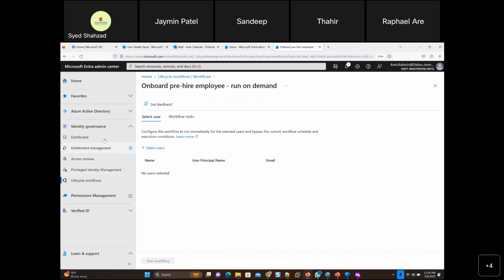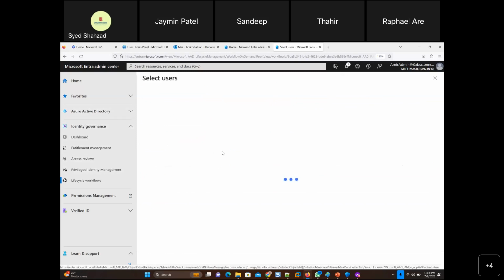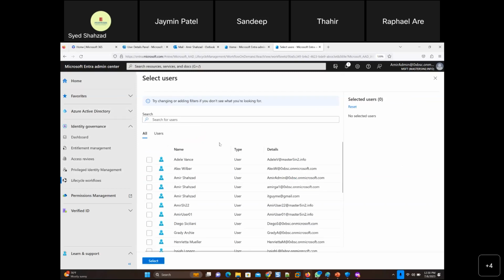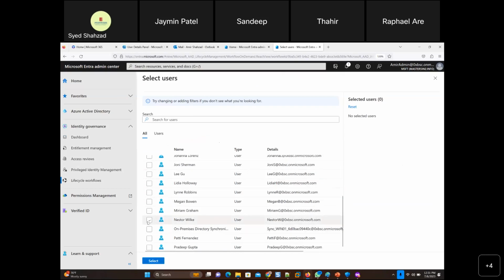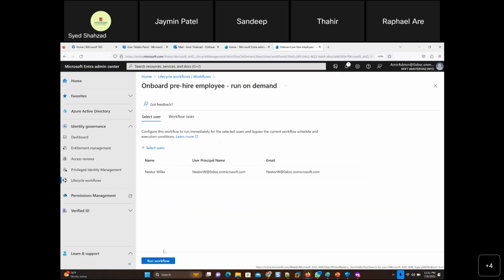So you have to first create that user by going to all users and creating a new user, right? When that user is created, you have to come here and select that user, because the actual person hasn't arrived yet. But his or her user account has to be created first and populated with all the settings. So when the employee actually arrives on the first day in the company, his or her user account would already be ready to use, right? So suppose you created a new user called Nestor. So that new user has been added there.